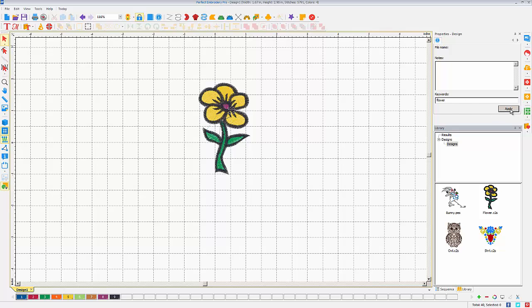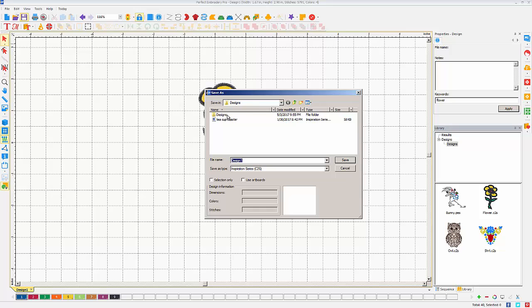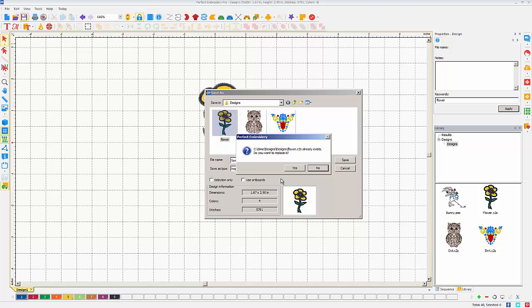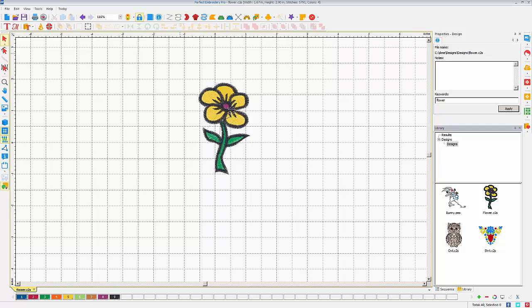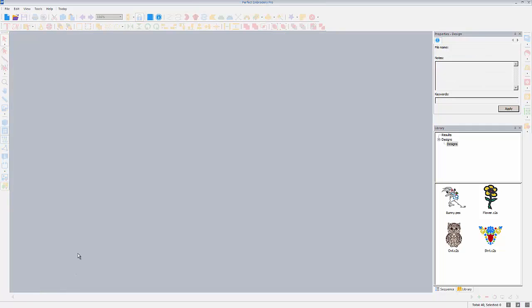I could also type in yellow, or if I had created this design for a specific reason, I could type that information in. But once I do that, I'm just going to go ahead and save it. I want to save it exactly where it was and how it was, so I will just press save. It says it already exists. Do I want to replace it? Yes, I do. So now, if I close that, I'm going to open a new screen,